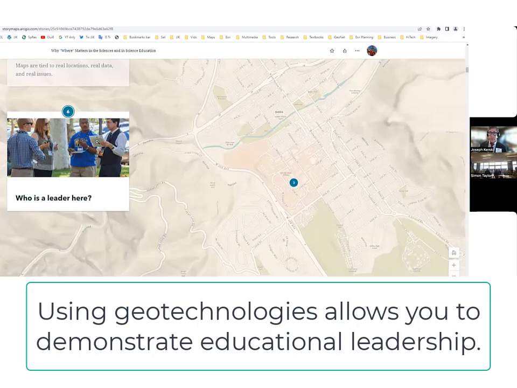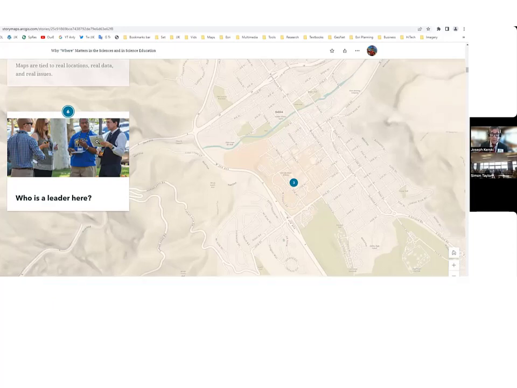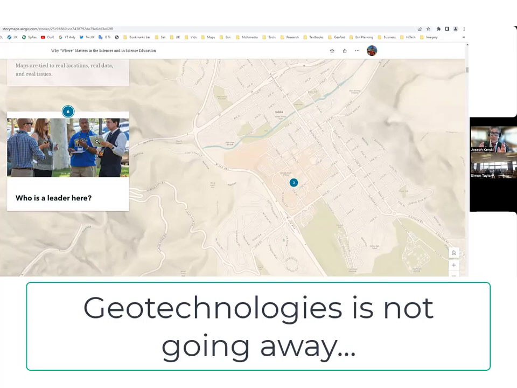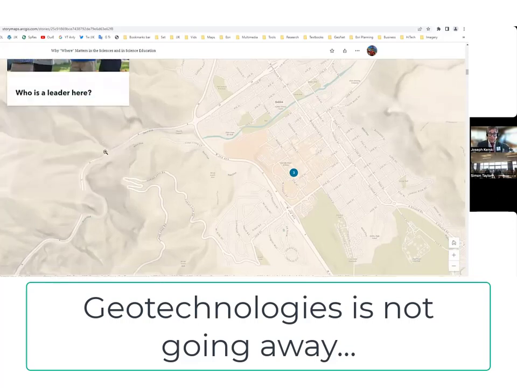Now, you may wonder, well, Joseph, I'm getting barraged as a teacher with use this tool, use that tool from all kinds of companies and all kinds of organizations. Should you use every one of those tools? No. Can you use every one of those tools? No. But geotechnologies is not going away for some of the reasons why I described in the last few moments, that we're always going to be grappling with some of these key 21st century issues of our time. And so geotechnologies is not going to be some niche thing that's going to fade away into the sunset, if you know what I mean. It's always going to be here, and it's a way for you to also show leadership in the classroom.